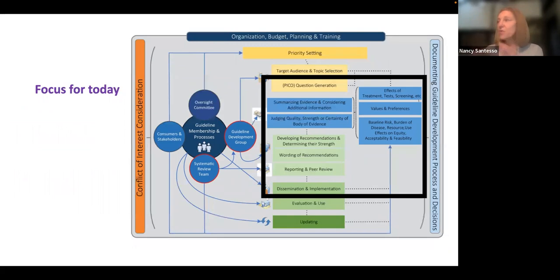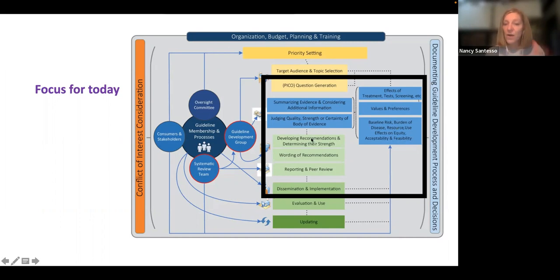And this is where we're going to focus most of our attention today. Very specifics about what types of recommendations we are going to include in the guidelines. So this PICO or question generation. We're also going to focus on the evidence that we would collect. We'll talk about treatments, tests, screening, values and preferences, also issues related to resource use, equity, acceptability, whether it's feasible,